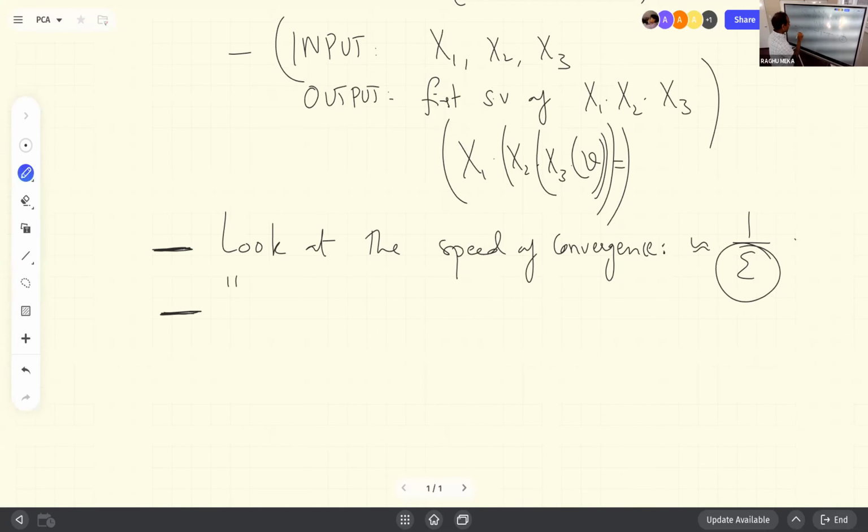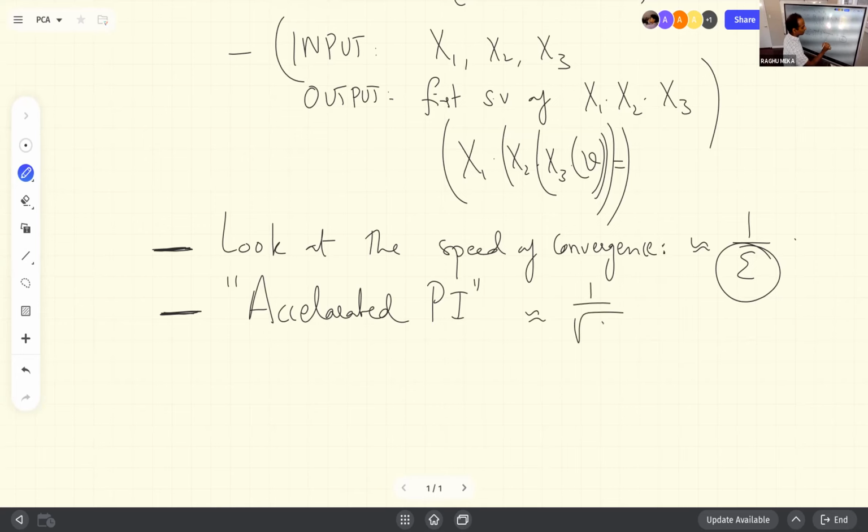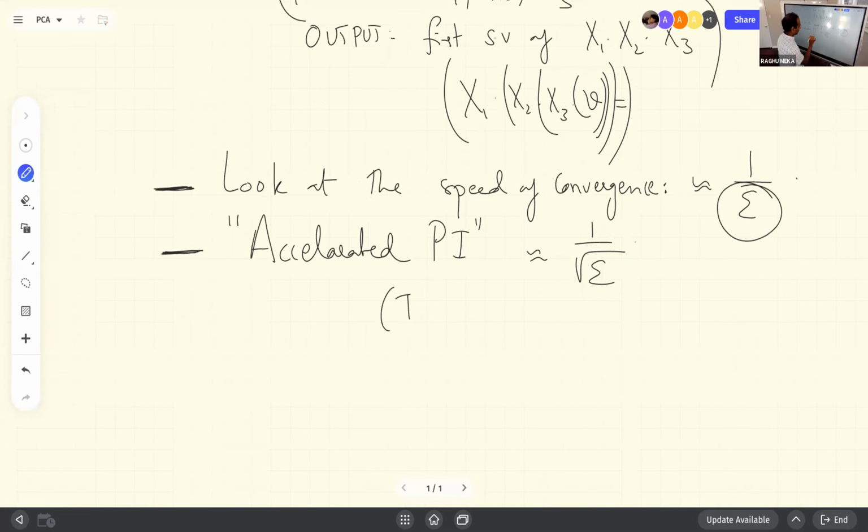So we can actually do something better, which is accelerated power iteration. I mean, it's not really a technical term. We can in fact design an algorithm. There are many forms for it, which gets convergence 1 over square root epsilon. Okay, so it's quadratically faster than the plain power iteration that we just saw. Right? You can get significant savings. So to get error delta, need